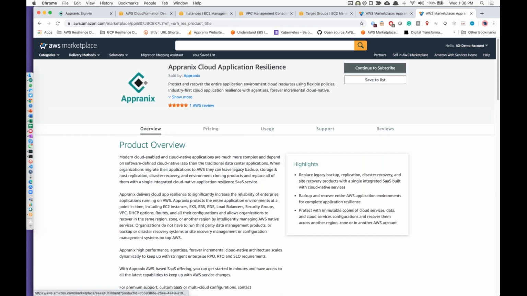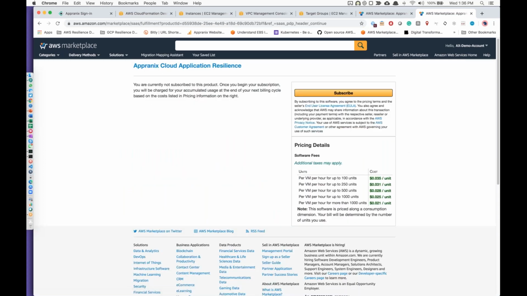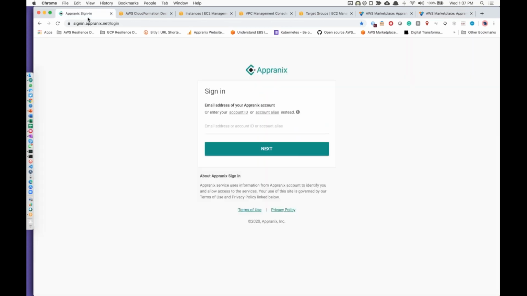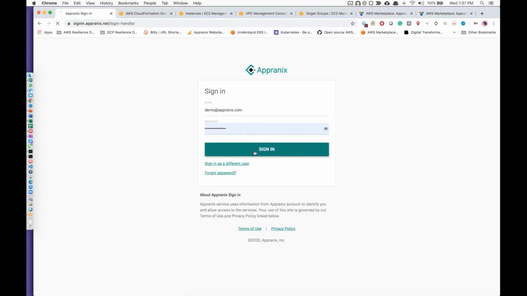You go and subscribe. I already subscribed, so it's not going to be any helpful for these demo purposes. When you subscribe, you'll be prompted with a simple dialog to enter your email ID, maybe an account name, and please make sure that you enter your email properly. Otherwise, you'll not get an email notification from our system. So once you log into your email, enter the password. You are in.